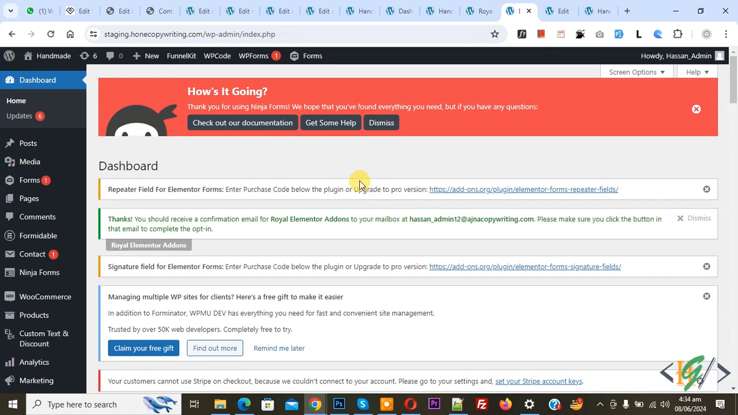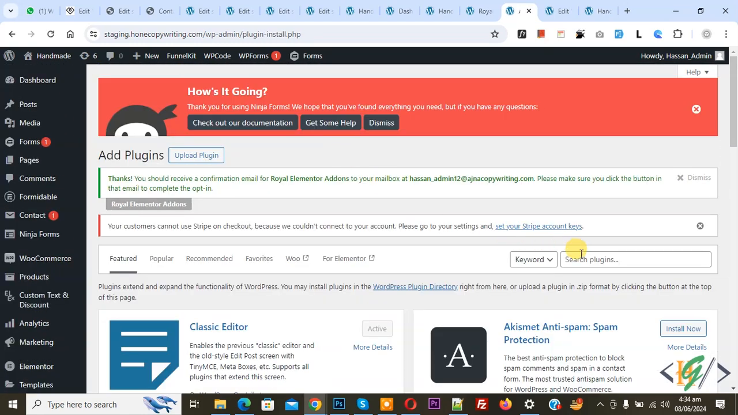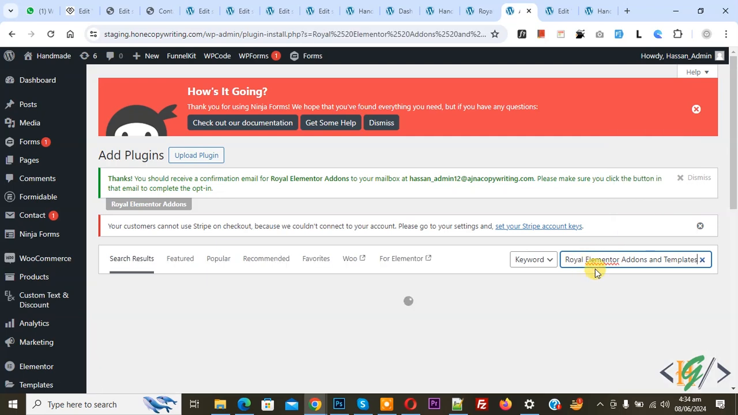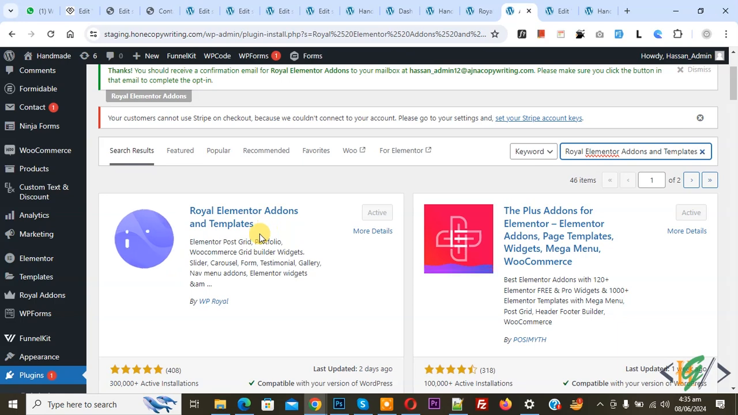So we are in the dashboard. On the left side you see Plugins, so click on Add New Plugin. Then in the search plugin box write Royal Elementor Addons and Templates. So this is the plugin we will use. You will install this plugin and activate it, and after activation on the left side you see Royal Addons, so